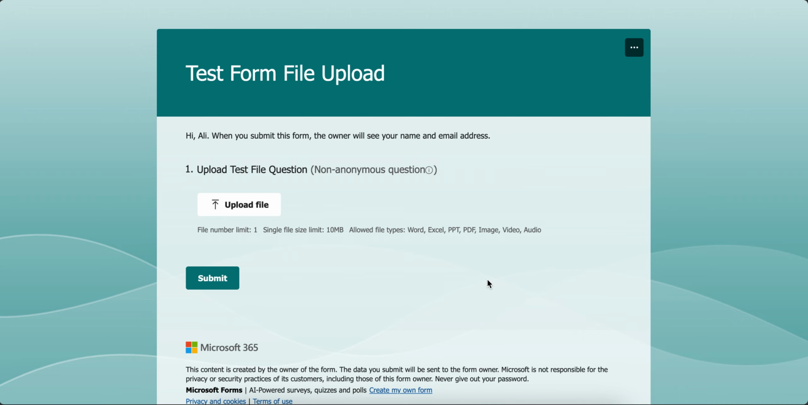So here is a simple tutorial on how you can send a Microsoft Forms upload as an email attachment. Let's say someone submits a form with an attachment where they can upload a file, and you want to receive that file as an email attachment. So here is a simple form where there is only one option where the user can upload a file,